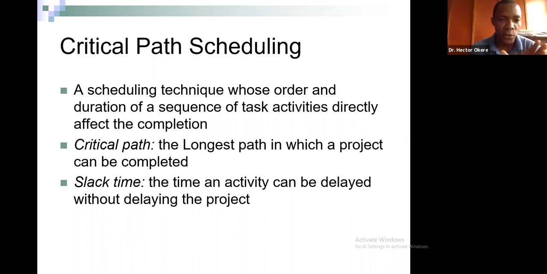Just remember the formula. So critical path scheduling, I explained what critical path means. Critical path is the longest path in which the project can be completed. So in critical path, you have no time to waste. It's the extreme time, the longest, all right? Slack time is the time an activity can be delayed without delaying the project. I told you when you are fast or when you have extra time, it means you have slack time, you have more time. But when you have absolutely no extra time to waste, you are on the critical path,